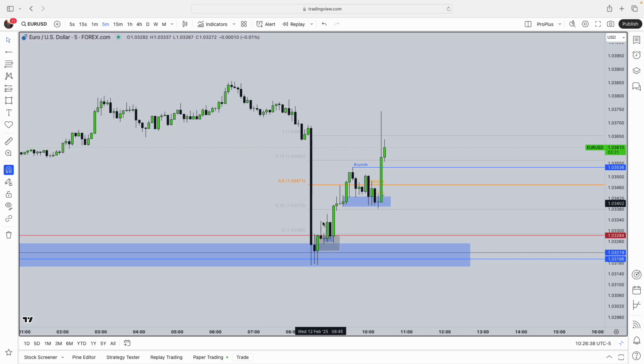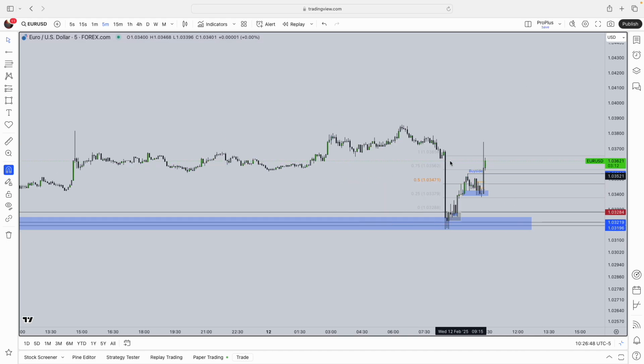So there was this massive inefficiency here. Okay, so usually what price wants to do is make its way back up there. It doesn't have to do it straight away, but it will do in the future. If we look to the left,